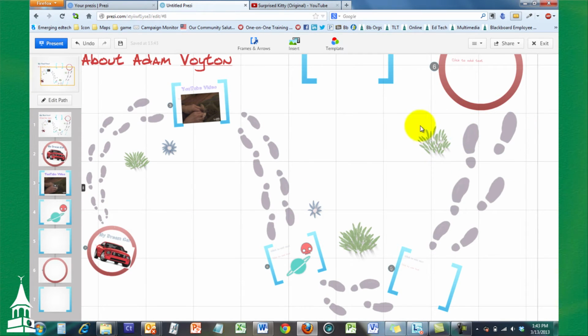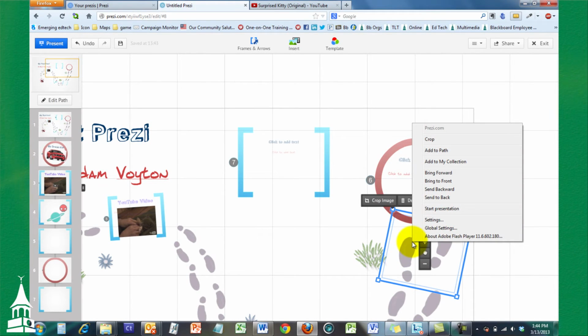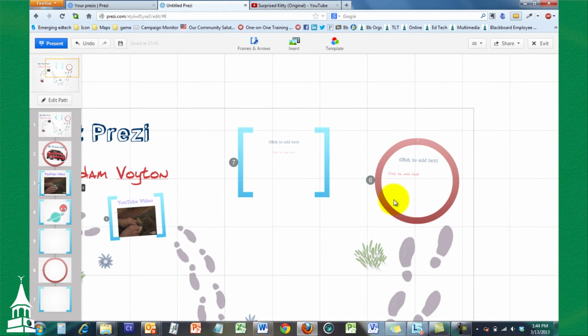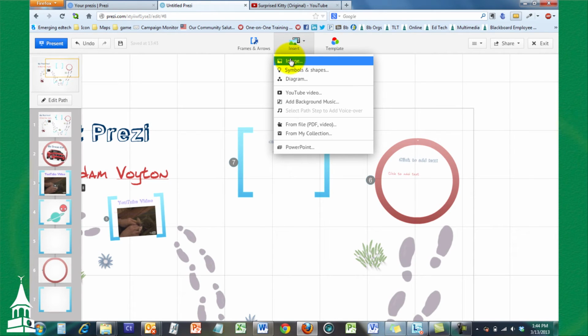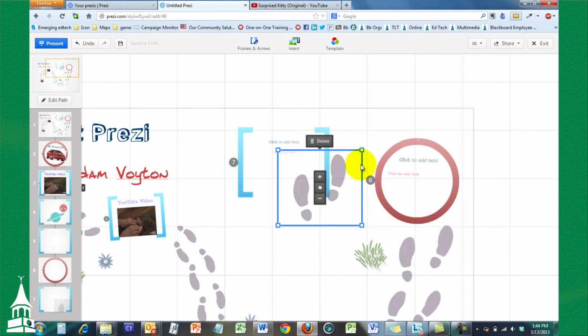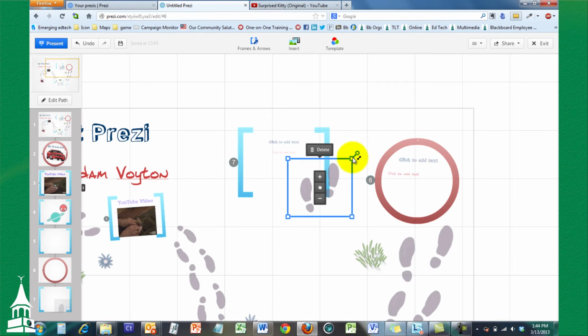If I wanted to add that footprint, I'd have to copy that footprint. So if I click on that footprint and then right click and add to my collection. So if I go to insert and if I go to from my collection, you can see that footprint is there. So go to insert, and now I'm going to shrink it down a bit, and I'm going to turn it,